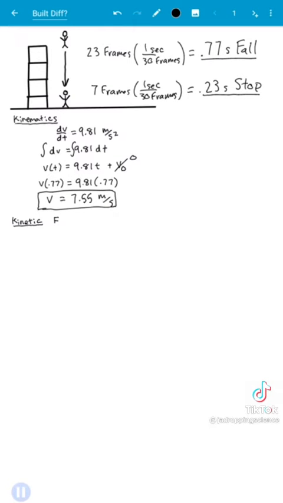Now is a good time to take note that it takes about 4,000 newtons to break the average person's femur, which is the strongest bone. That will be what we're comparing to. Anyway, now we'll use Newton's second law, again replacing acceleration with the time derivative of velocity. Just like we did before, multiply the dt to both sides, and we get F dt is equal to m dv, which we can now integrate.